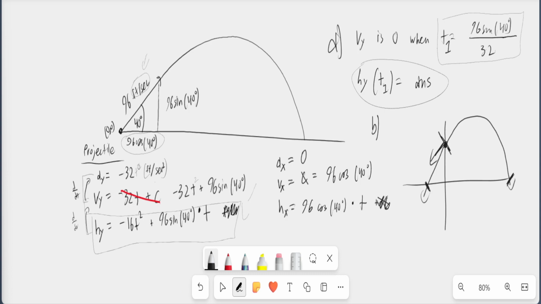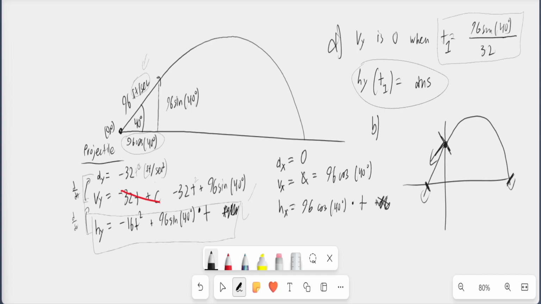When we solve for height y equals 0, when we solve that quadratic, we'll get the time when it hits the ground as well. So you just plug that into our x position, and you'll get how far it goes before it hits the ground. Okay, and then